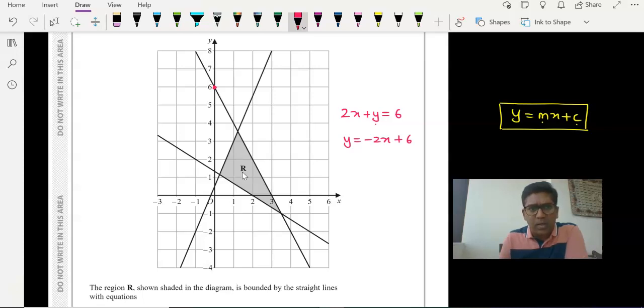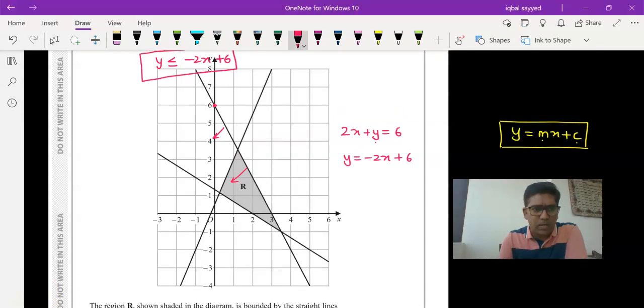Now for the inequality, we will see here y, minus 2x plus 6. For this line, the answer is below the line. So below the line it is less. So the inequality will be y is less than or equal to minus 2x plus 6. That is the first inequality that we have. The second inequality,